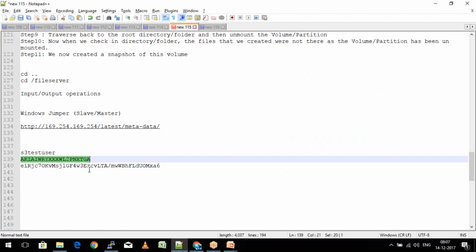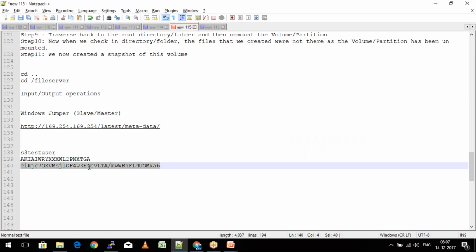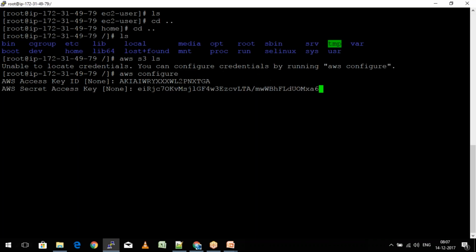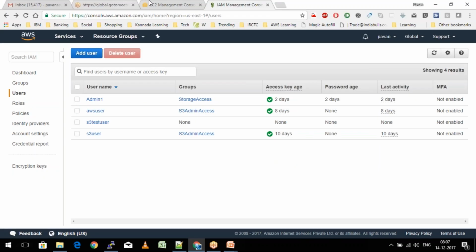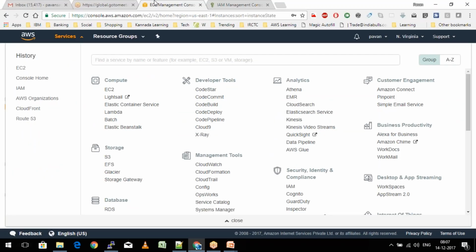And then we have a secret access key. And it's going to ask you the default region name. So currently we are working out of North Virginia, so it is going to be us-east-1. So I'll just say us